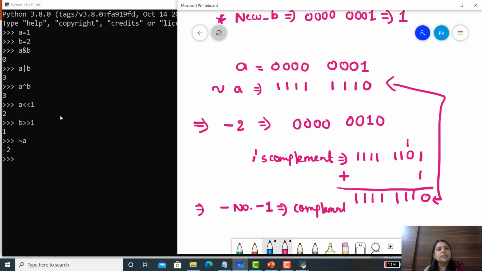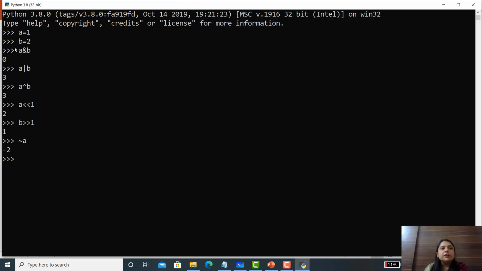In this case, A equals 1, so minus 1 minus 1, so the answer is minus 2. Let's verify this concept for B also. We know that B equals 2. So when I type complement of B, my answer should be minus 3. Yes, it is, because minus 2 minus 1.